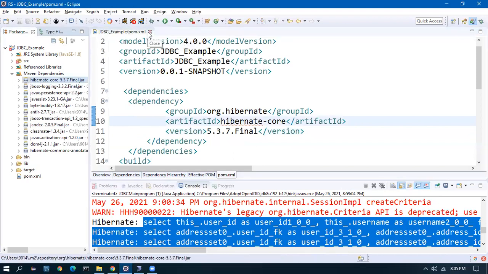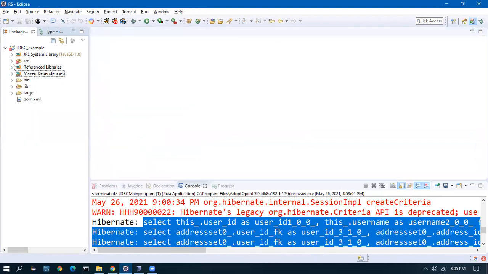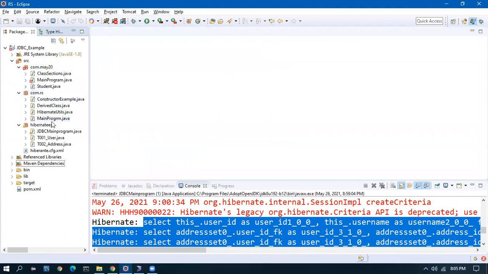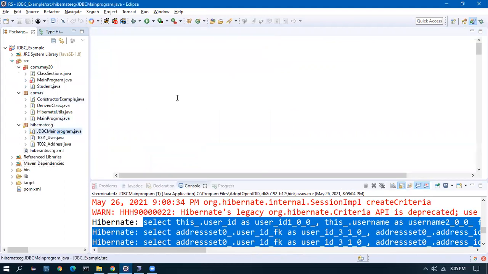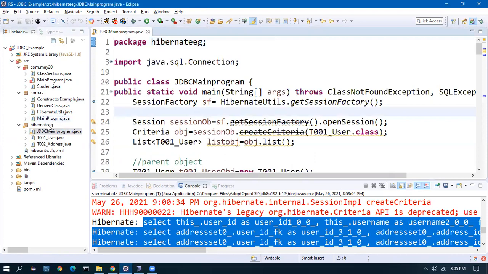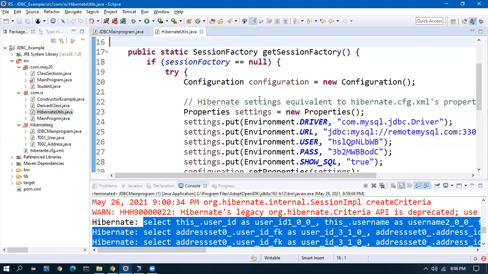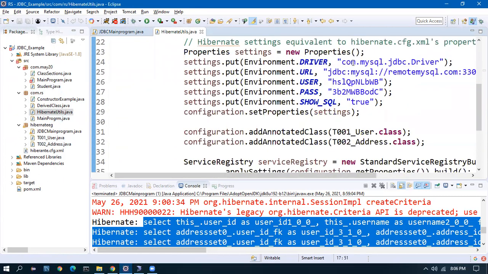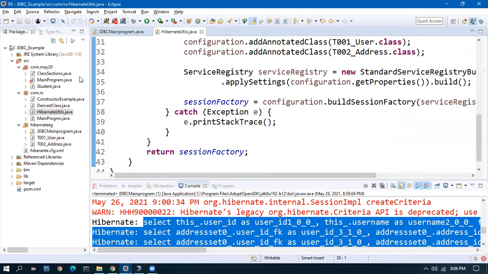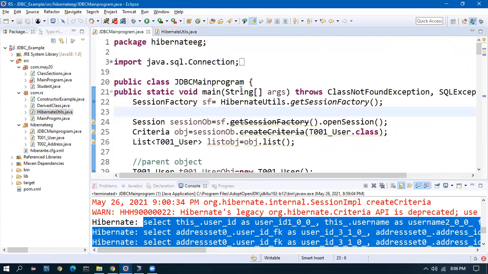Once we have the Hibernate supporting libraries, now we can go into the project. So I have the main application. I wrote a util file. In the util file, we create a session factory. We write a method to generate a session factory with the URL, username, password. And from the main program, I start the session factory.